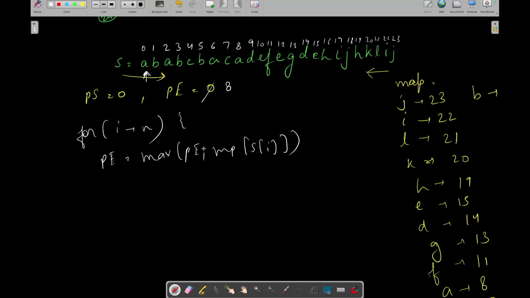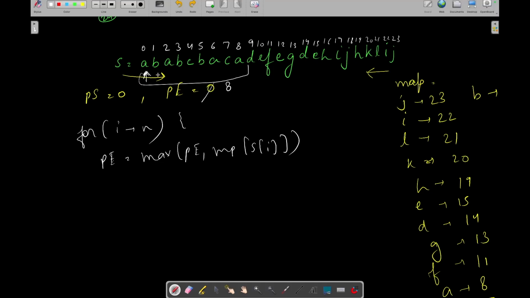After that, we need to check whether we have got our complete partition or not. Can we consider it a complete partition? No. Why? Because we also need to check for the other characters. Let's say in this partition, all the B and C also occur in this partition only. But if this is B and some B was also somewhere at this point, then this partition can't end here. We need to extend this partition.